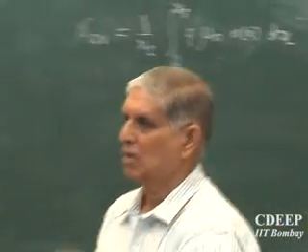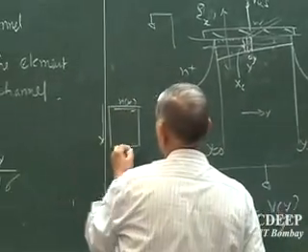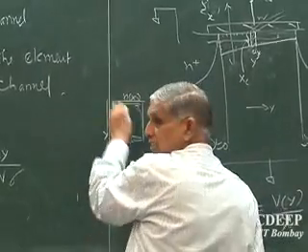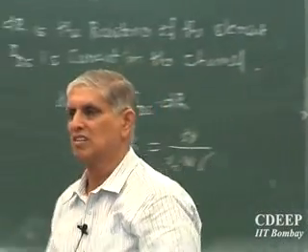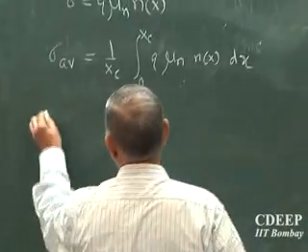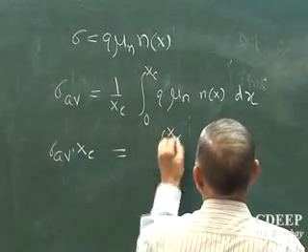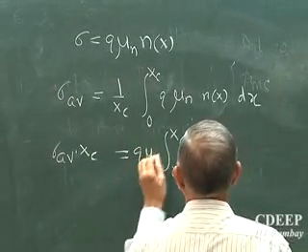Is that clear, Gautam? Along this element which is shown here, larger electrons, smaller electrons. So conductivity of this is the average conductivity along this direction. So I just integrate it from 0 to xc and divide by xc, because then average is by that distance. So integral 0 to xc q mu n nx divided by xc is the average value. Now this is very interesting. Sigma average into xc is integral 0 to xc. If I take q mu n outside,